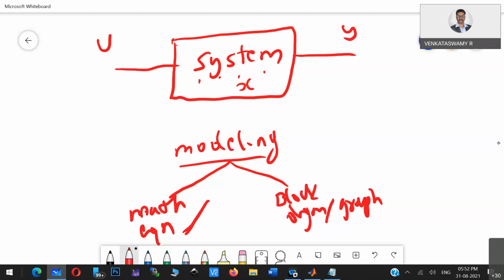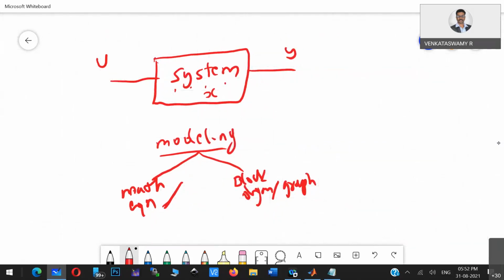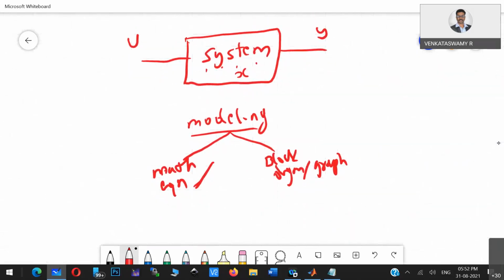But there is some problem here. It is very difficult to find the equation for all systems. For example, if I want to derive an equation for some tools or some robot, a lot of things have to be considered.